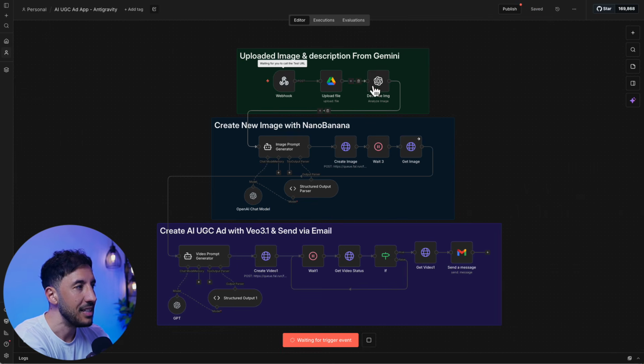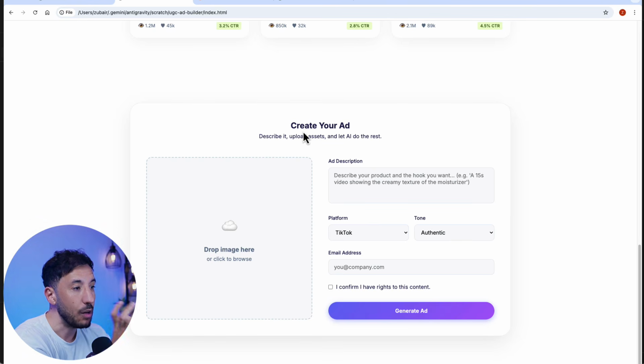Now this is listening for the particular event, as you can see right here, waiting for you to call this URL. And this trigger is the webhook. This webhook is connected to our front end, that was built by AntiGravity right here. So as soon as I click on generate ad, this is going to send that information. So let me actually go ahead and